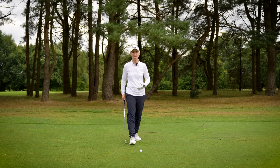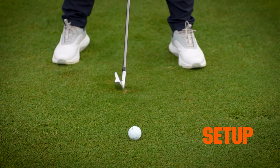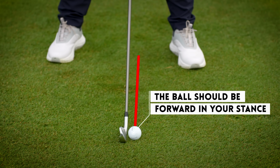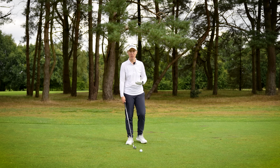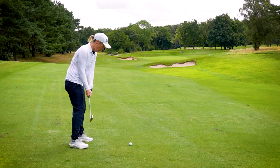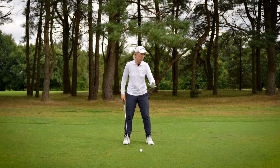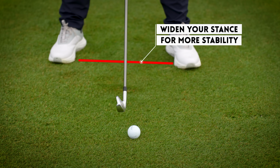The first thing to look at is setup. You want the ball position to be slightly forward of middle. Okay, so slightly forward of middle, and the way I want you to present yourself over the golf ball is similar to what you're thinking about with driver, as in how you feel. You've got to stand there with some purpose. You want your stance slightly wider than what you would have with your 7 irons and your pitching wedges, that ball a little bit further forward. And I want you to feel strong and like you're going to swing quick,